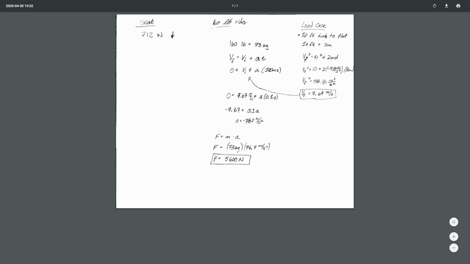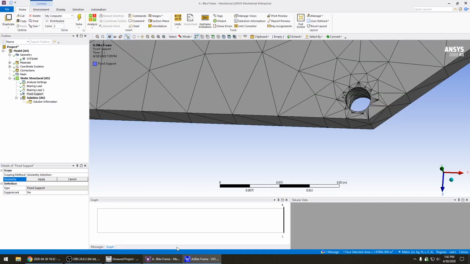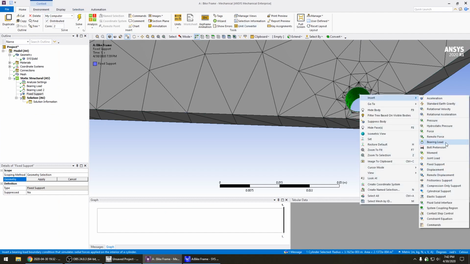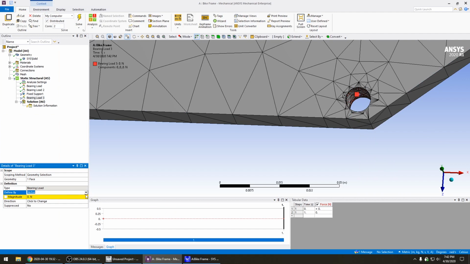So 7.67 to 0 over 100 milliseconds gives us an acceleration of 76.7 meters per second squared. I plug that into F equals ma, using m being the rider's mass, and we get the force of 5,600 newtons. That's going to be the force that we apply downwards on this right here. Right click, insert bearing load. Don't want vector, we want a component, z,